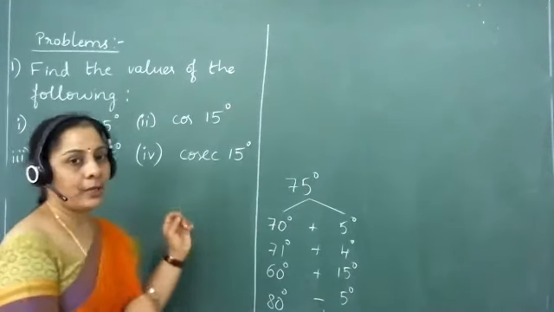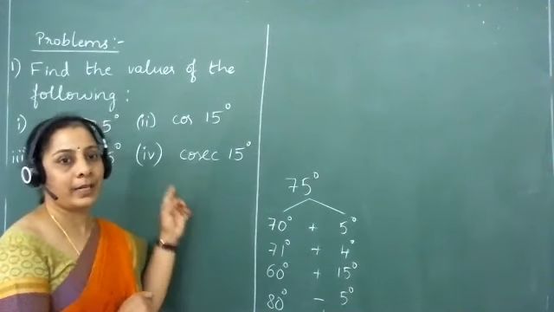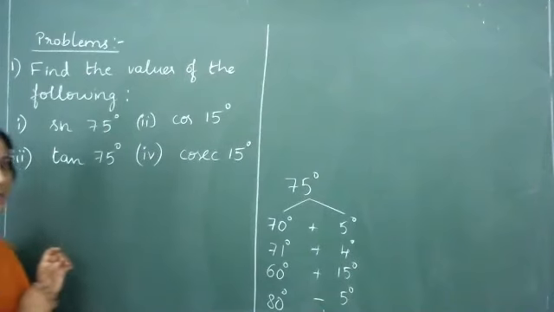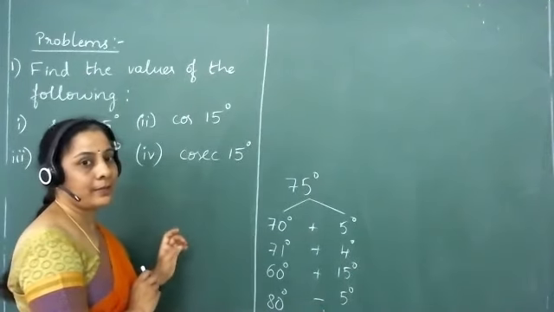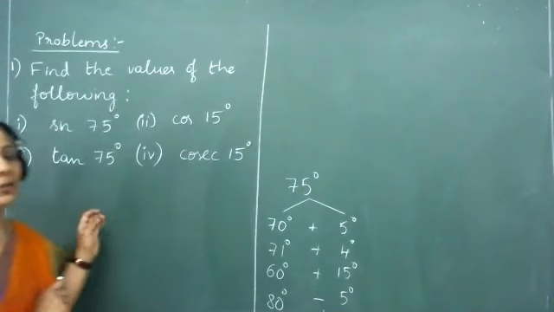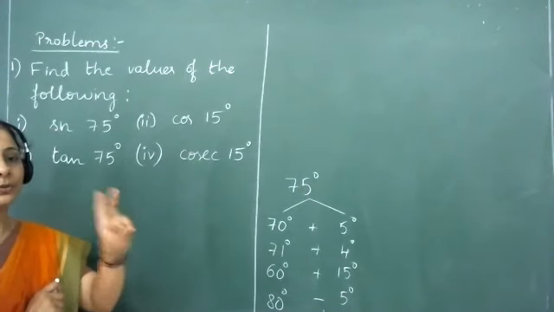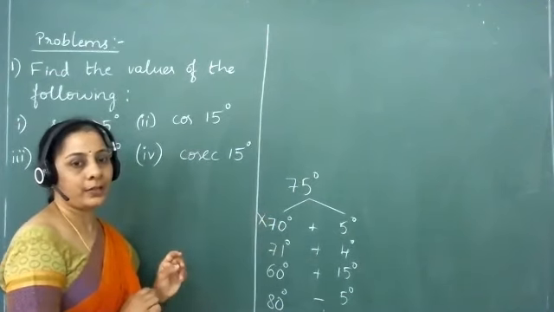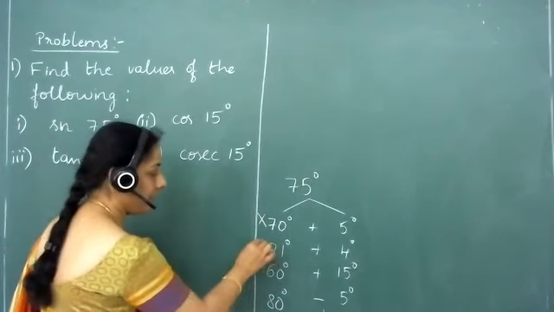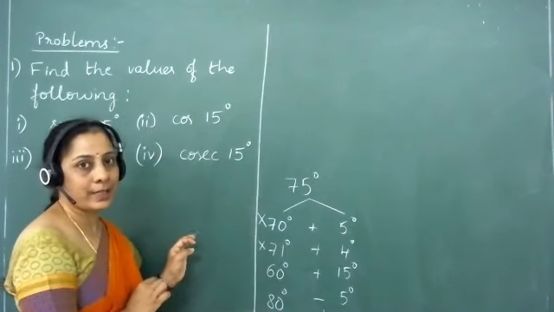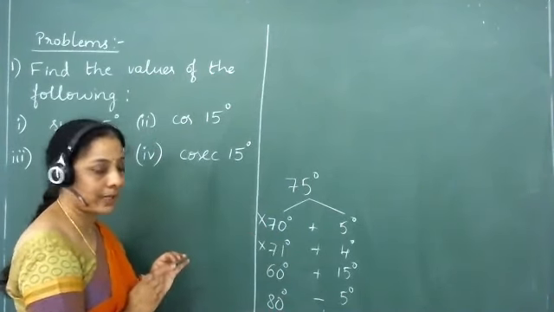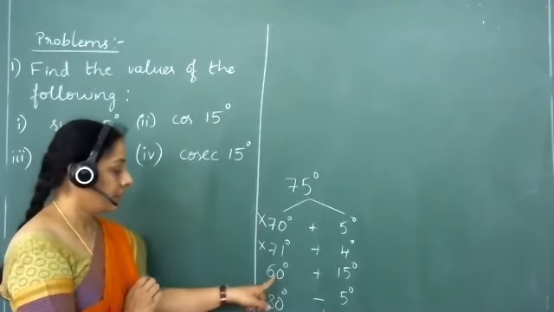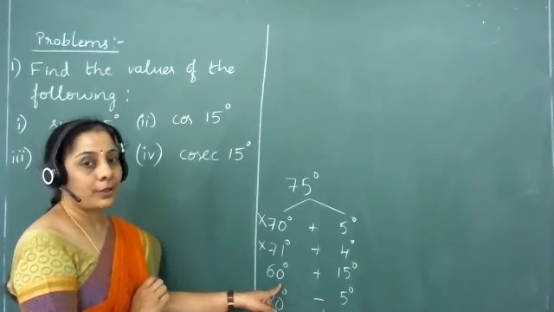But when I have to apply compound angle formulae to find the values of these kinds of trigonometric functions, we always have to split the given angle only in terms of 2 standard angles. So 70 plus 5, I cannot use as a split for 75. Neither can I use 71 plus 4 degrees. 80 minus 5 again will be ruled out here. I go with the third option here.